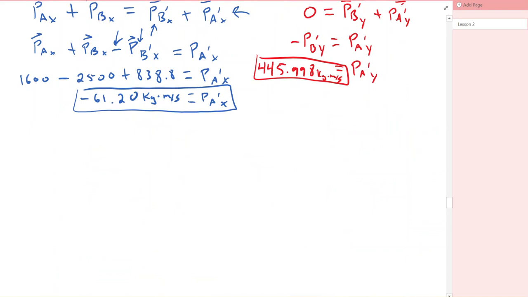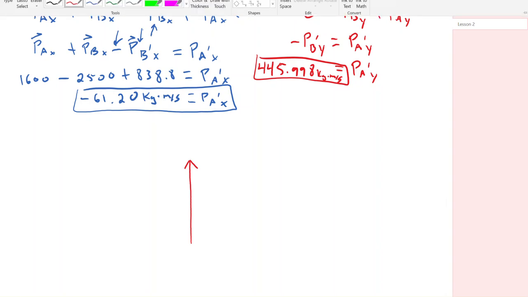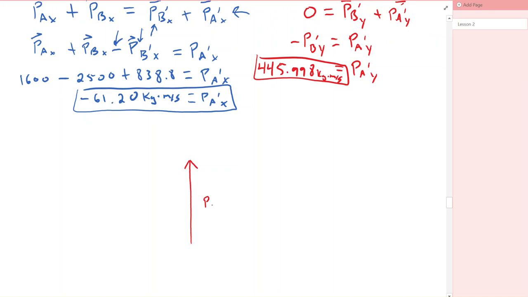So what we get is 445 straight up and down, and 61.2. So maybe I'll write that there. So this was a momentum in the y, I'll even say A in the y, so we're keeping it consistent. Momentum of A in the y after is 445.998 kilograms times meters per second. Okay, and then